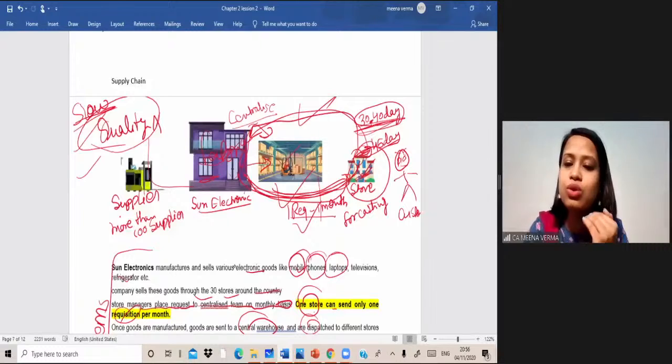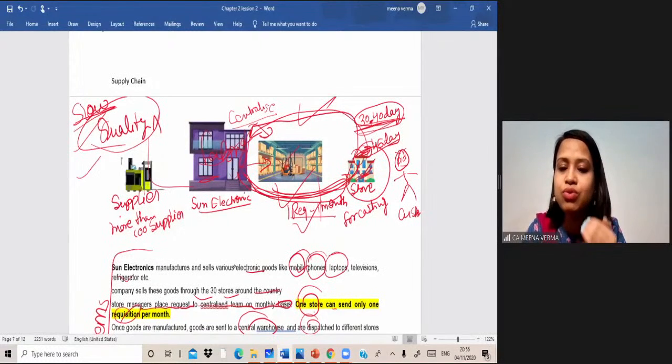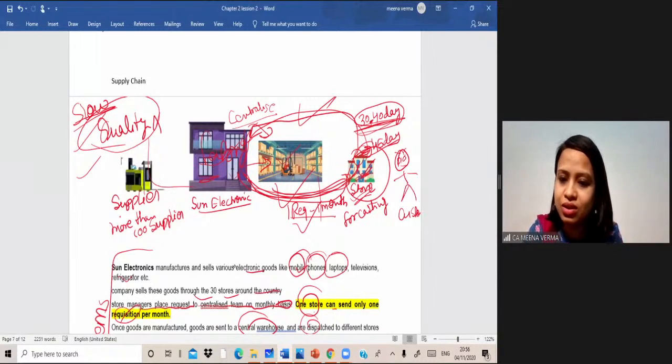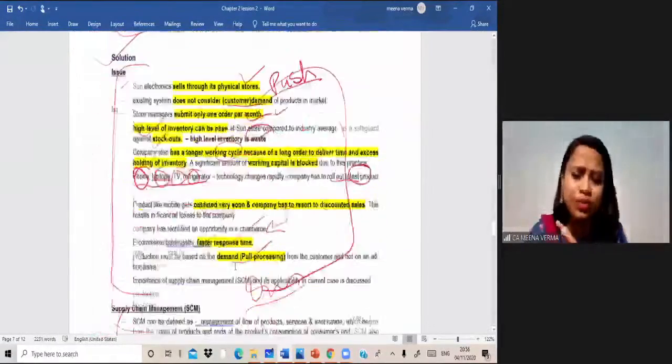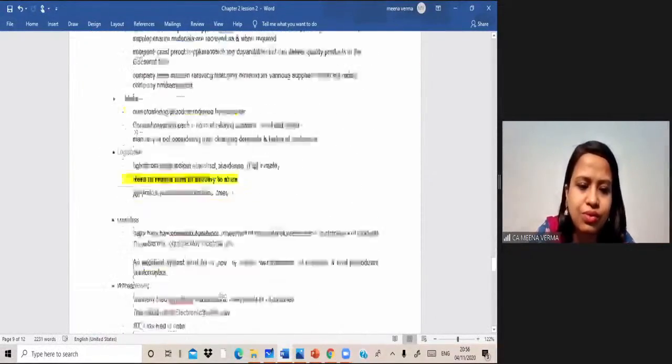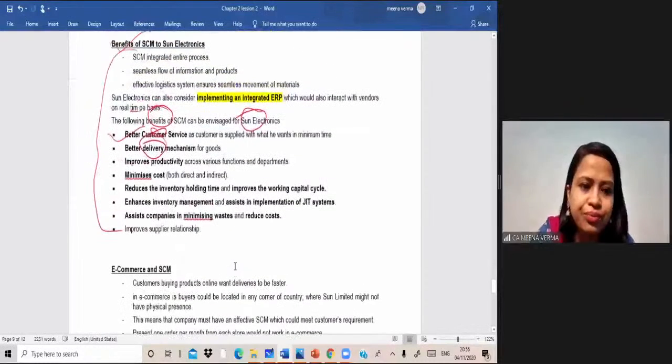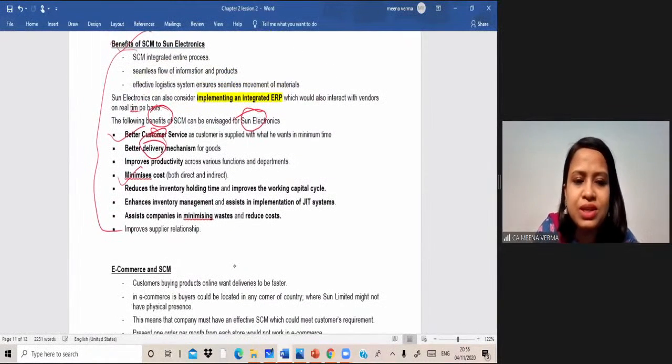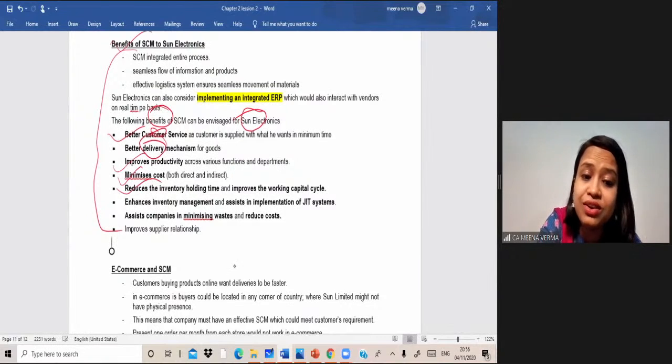Okay, and you want to reduce this time. If you reduce this time, it will help you maintain less inventory in the store, and it will also help you reduce all other kinds of waste associated with these things. So this will help you minimize the cost, improve the production of your organization, and reduce inventory holding, because